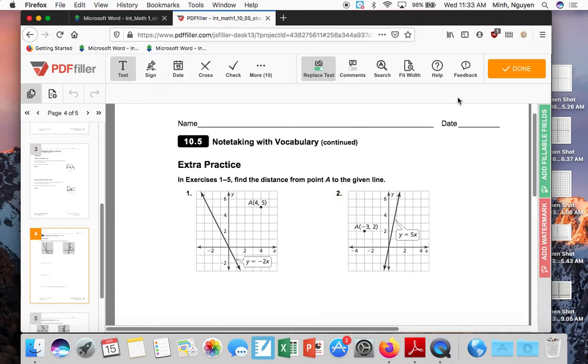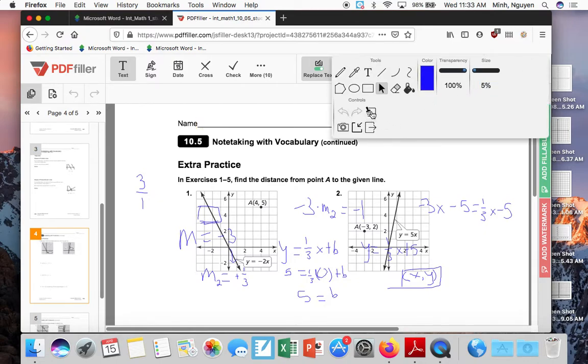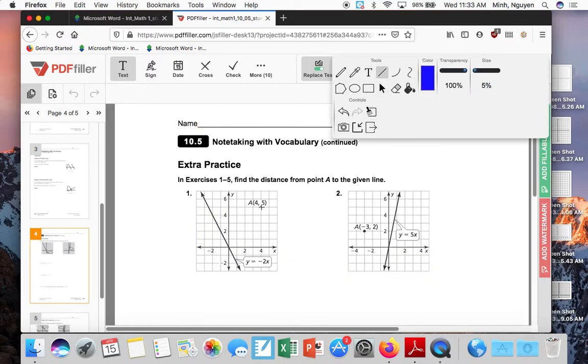So the point of using a perpendicular line is that it gives the shortest distance. If we don't want to go from here to there because it would take longer, and we don't want to go from here to there because that would also take longer. The shortest way to get somewhere is through a straight line, and you know it's straight because it creates a